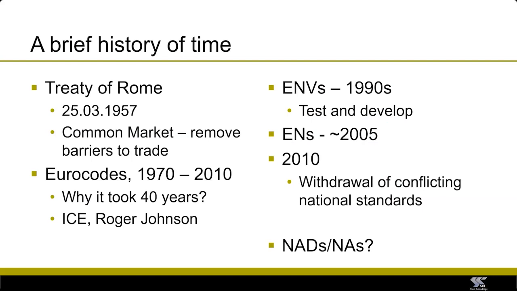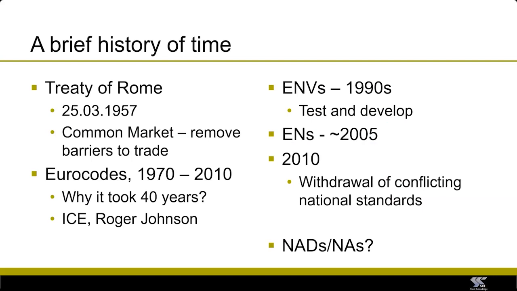The ENs then started to appear in the mid 2000s, and in 2010 there was a requirement for all national standards bodies to withdraw their existing national standards and replace them with the Eurocodes. The fact that they've been withdrawn didn't mean that they contained information that you couldn't use. And in the UK, a lot of people still use BS 5950, well, a reasonable amount anyway. One or two still use BS 449. But anyway, 2010 was seen as a bit of a key date when the Eurocodes would replace previous national standards.